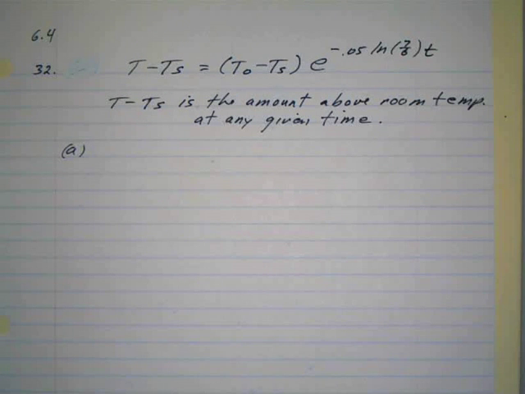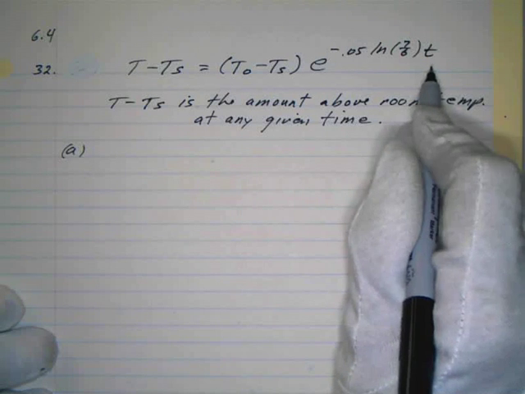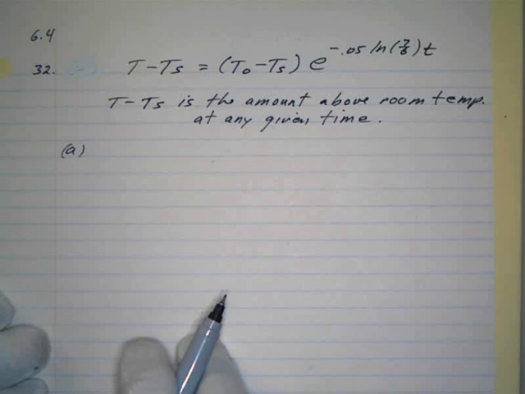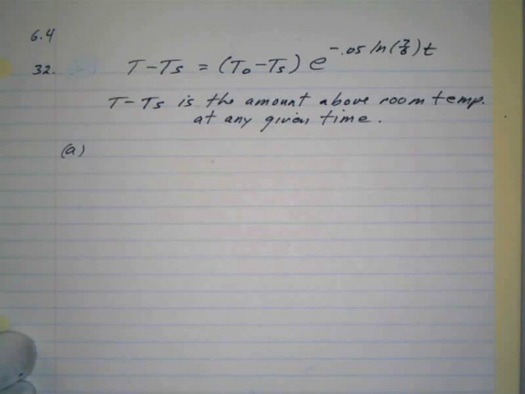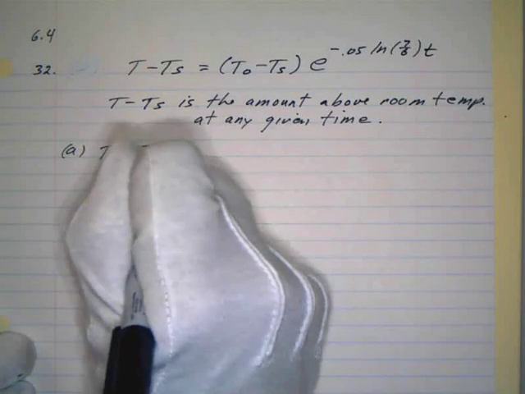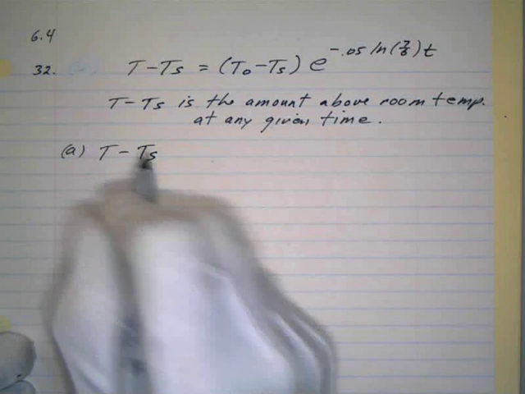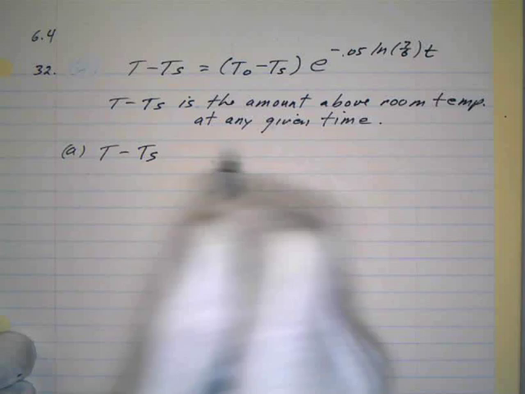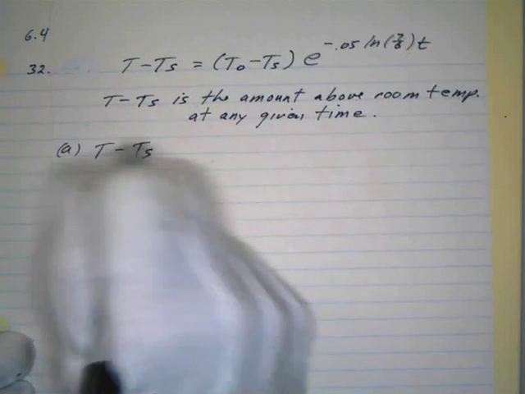So letter A, how far above the room temperature will the silver be 15 minutes from now? So our time is just going to be 15. So we're looking for T minus T sub S. That's the difference between the silver and the room temperature. So that's what we're looking for. So we just have to solve for that. So we don't need to find both these things. This is just one entity